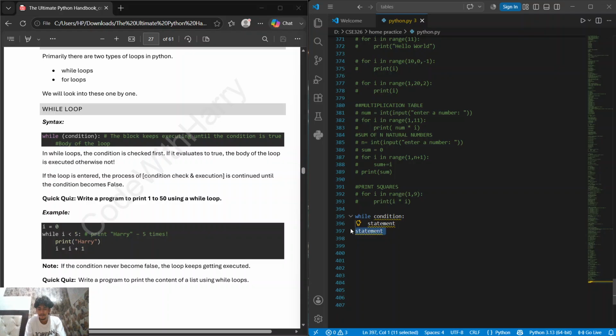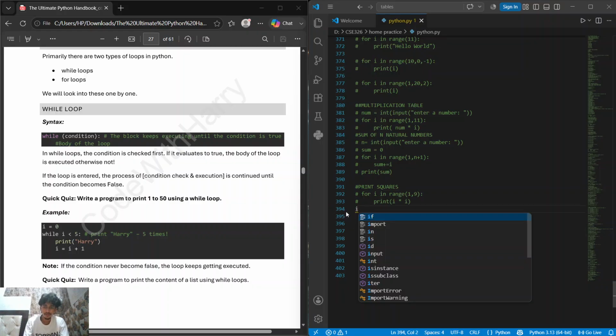Okay, it's just this thing. Something which is different is we have to set the value of I to 0 or 1. Let's take 1 or 0, as much as you want. If you want 1, if you want 0, it is just your choice. While I is less than or equal to 5,